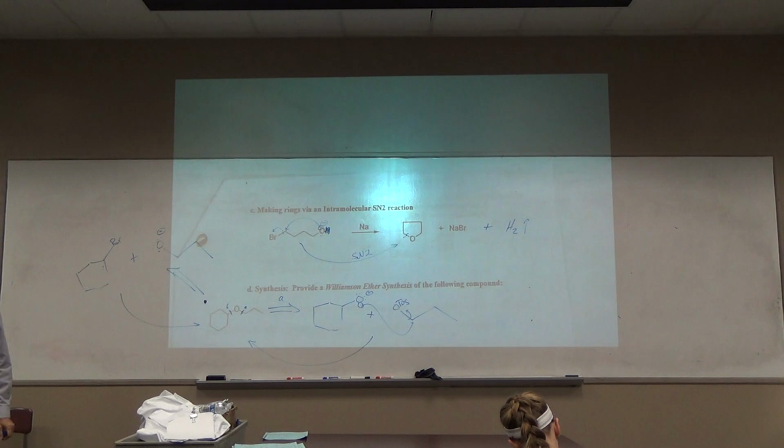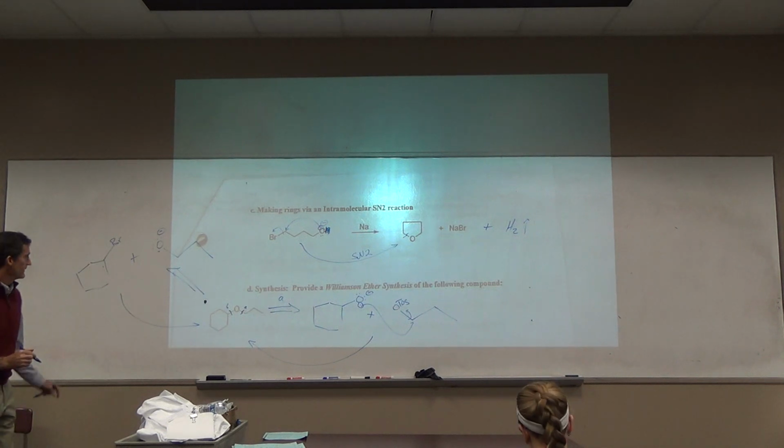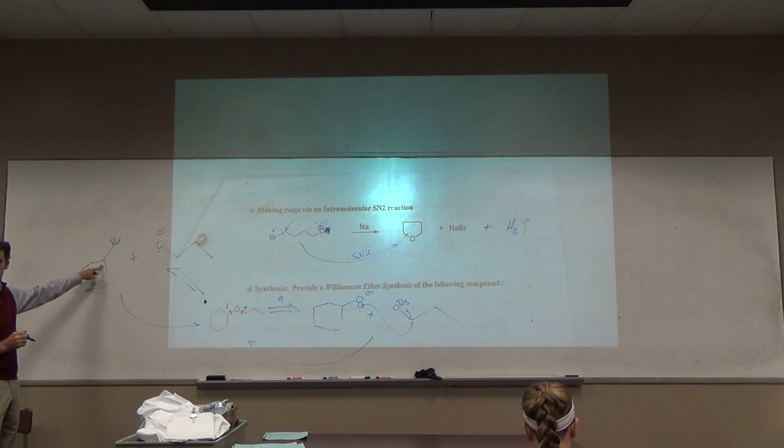We've got 2 different routes, 2 different possible Williamson ether syntheses. Which route do you like best? Why do you like A best? You just do. No reason, but you just do. Leaving group is on a primary carbon. Over here, the leaving group is on